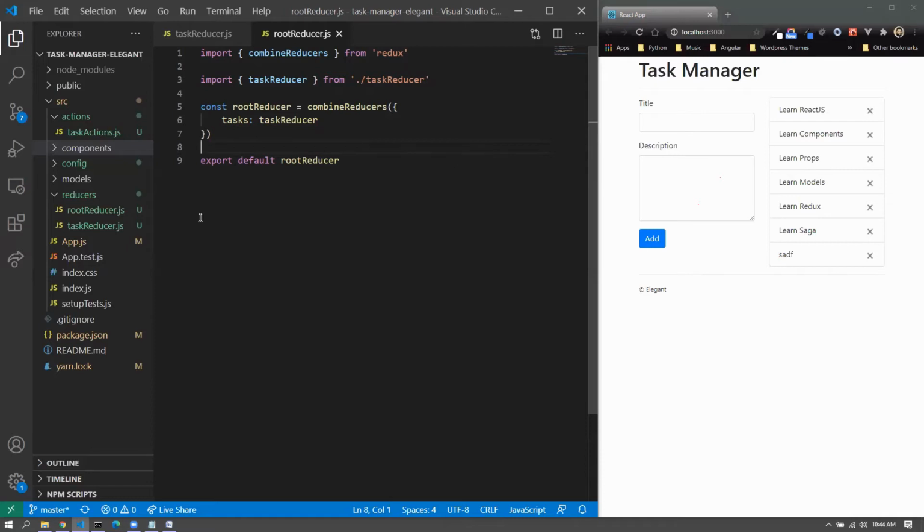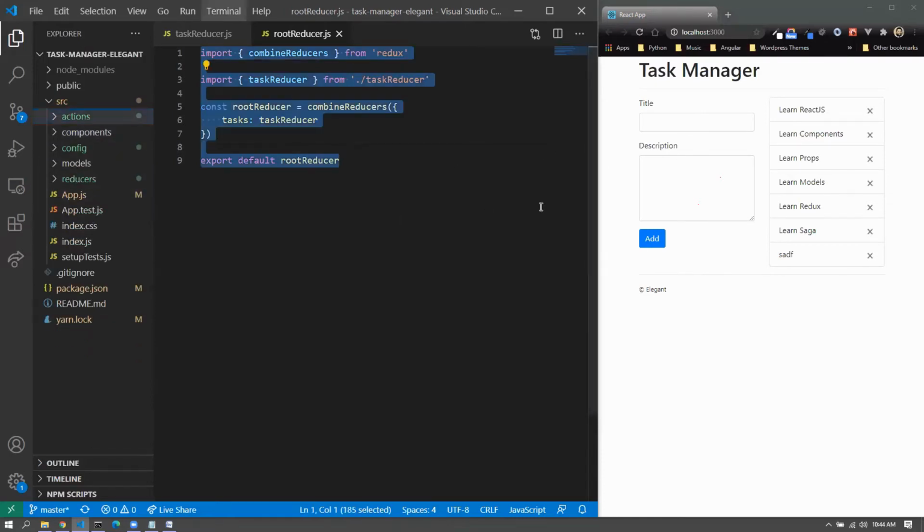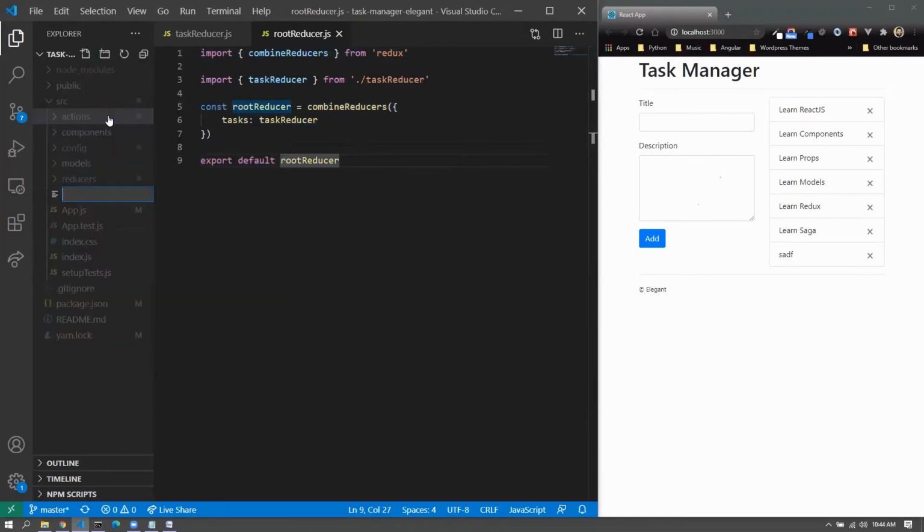And now we'd be creating the store. I believe everyone is clear on the root reducer, right? Just one confirmation, please. Very good. I'll create the store now as a separate file,